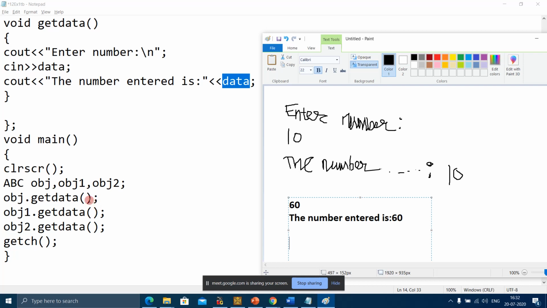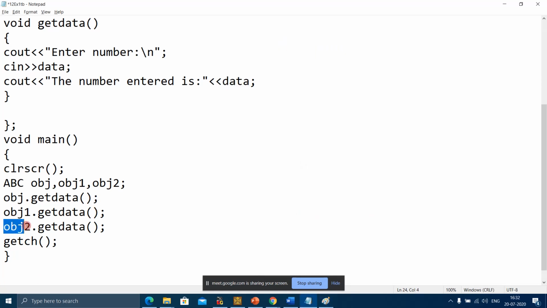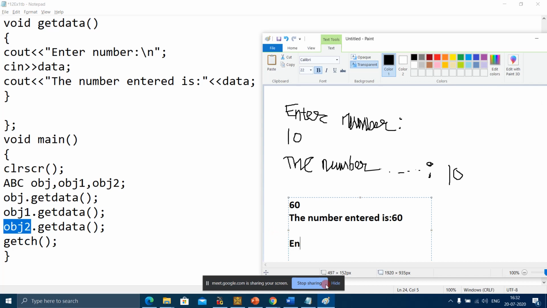Now the next statement is obj2.getdata. So this obj2 is again going to call the function getdata. Whatever is written in the function will get executed. So the first statement is cout "Enter number:", and cin takes any value I can choose, for example 100.